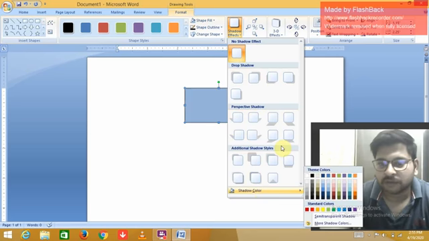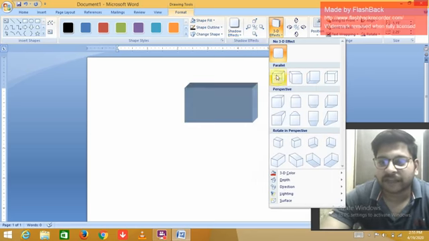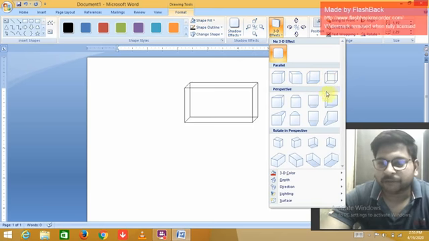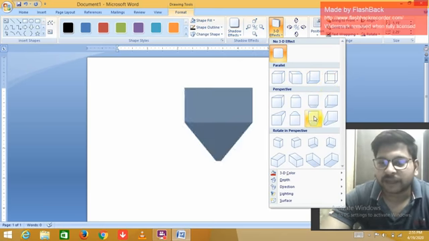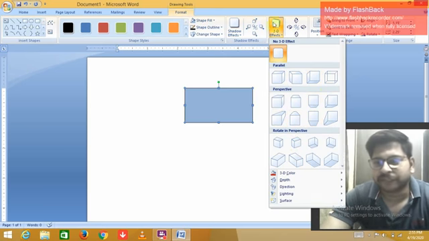Understand? You can also make a 3D effect, like a solid figure, as you can see in your science subject, in physics, where there are questions with a 3D picture like this. You can choose any of them.